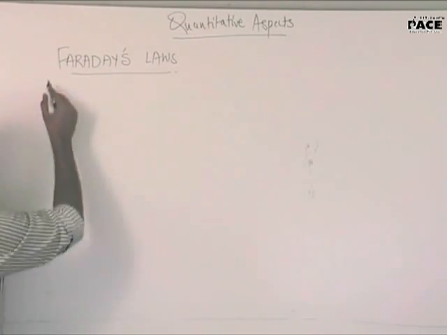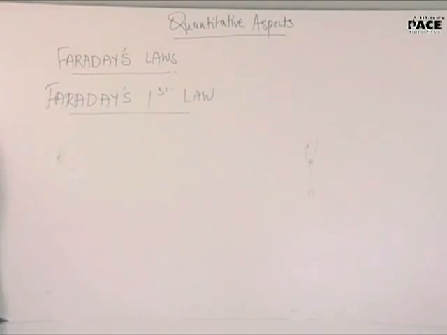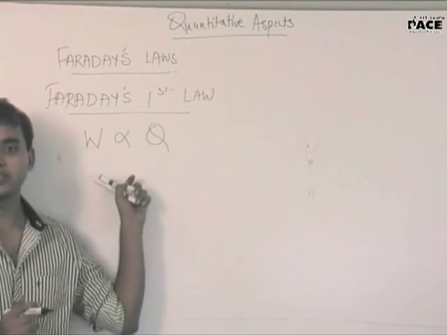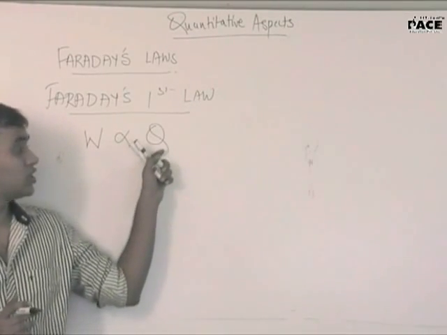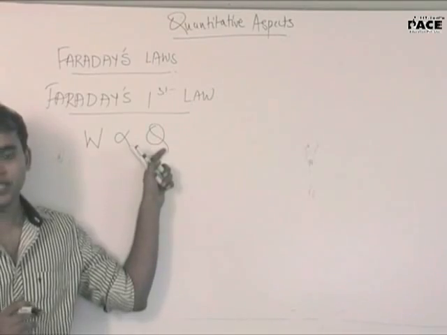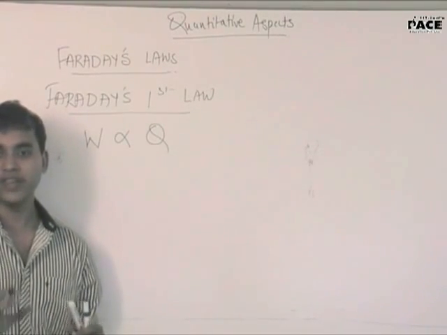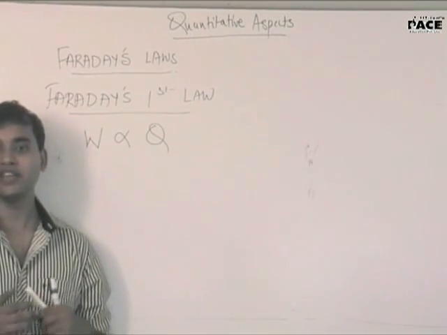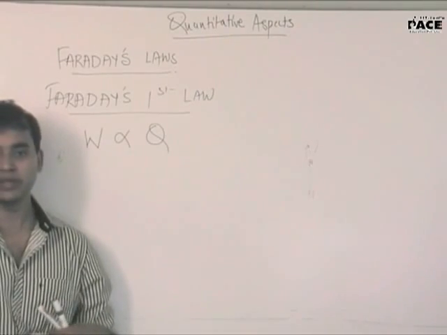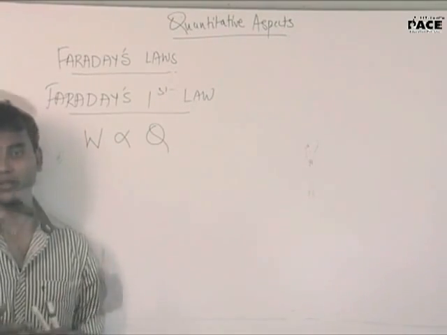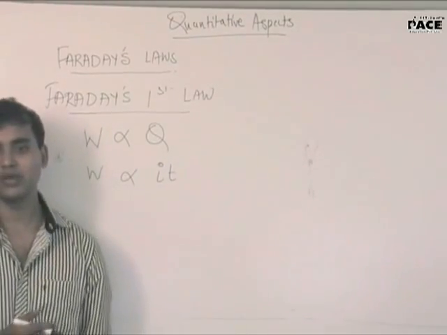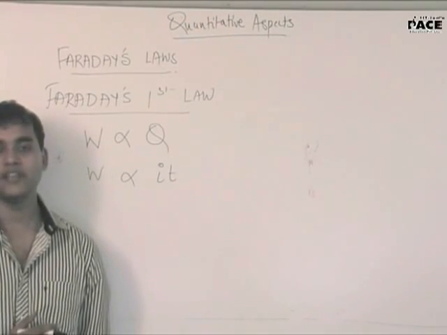Okay. So Faraday's first law, what was Faraday's first law? That if W is the weight of the substance which is deposited on passing a current or a charge, say Q, then Faraday said that this weight is going to be proportional to the amount of charge passed. So for example, if I pass 100 coulombs, the weight will be less. If I pass 200 coulombs, the weight which will be deposited will be more, and so on. Or I can say W is proportional to I into T. That is the same thing, because Q is what? I into T. Are we clear?